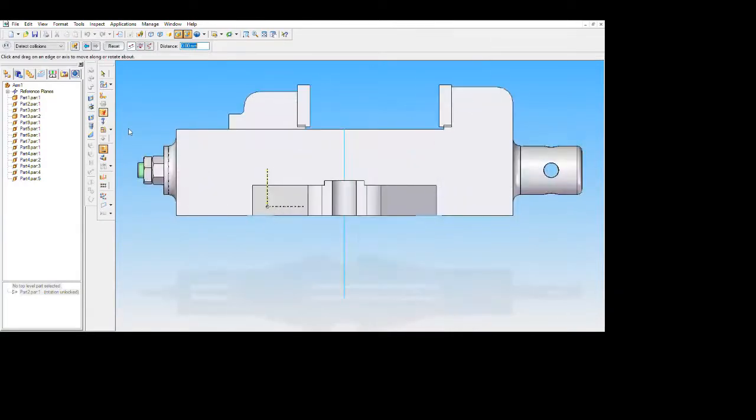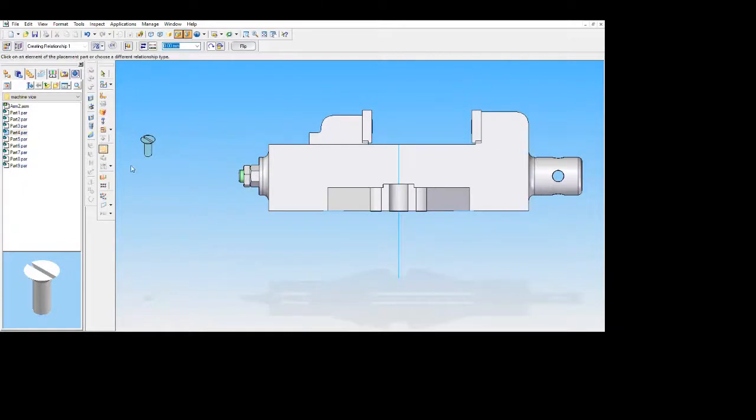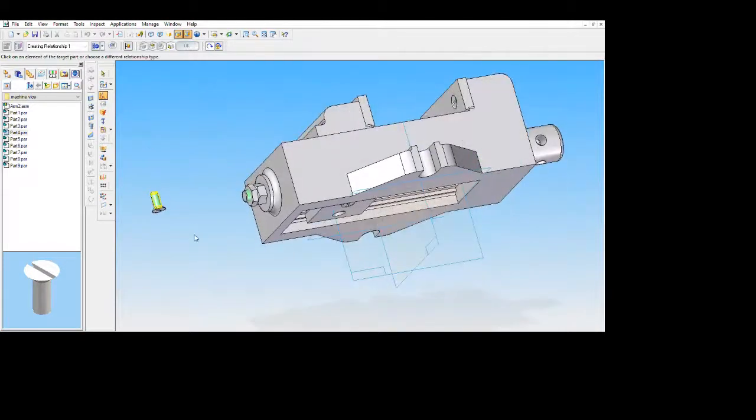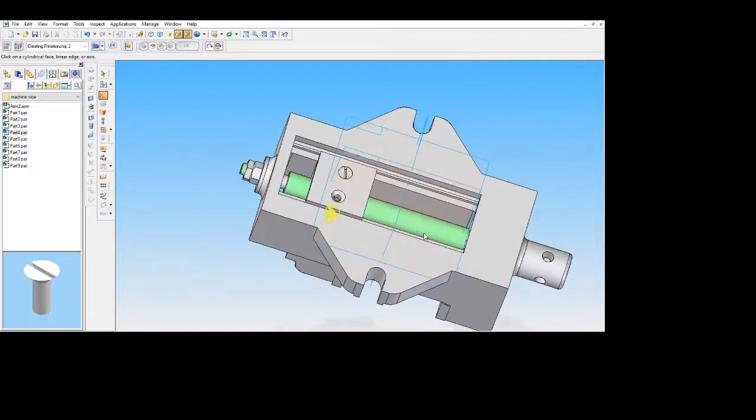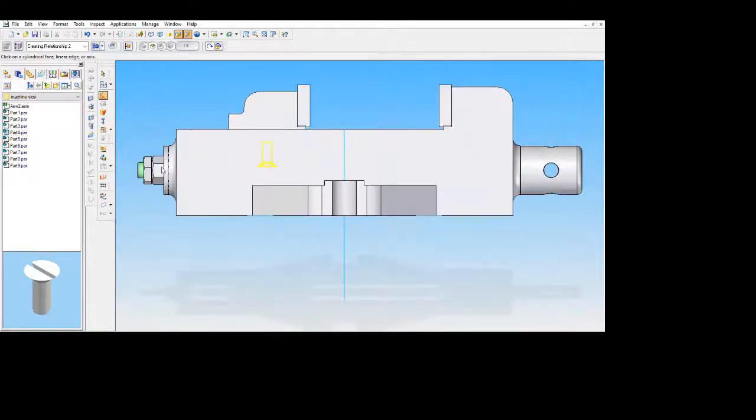Go with the front view, go to part library, summon the part number 4, use the move option in that rotate, select the part and try to rotate it like this, go to assembly, go with axial align, select this cylindrical part and select this cylindrical part. Now it has gone inside, need not worry, go with front view, go with move option, select move part,